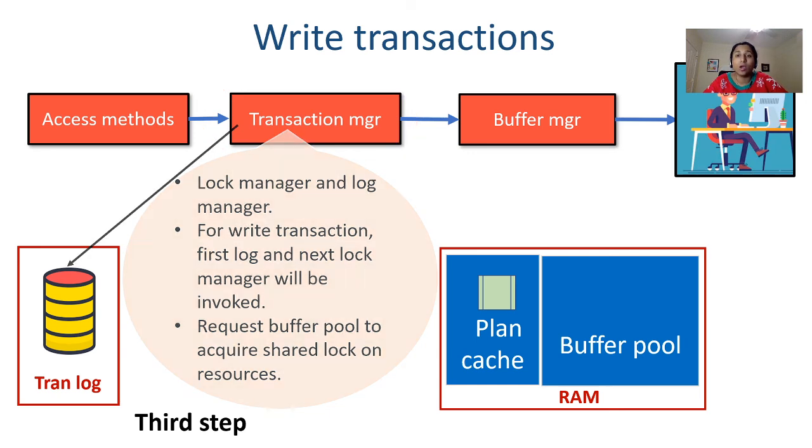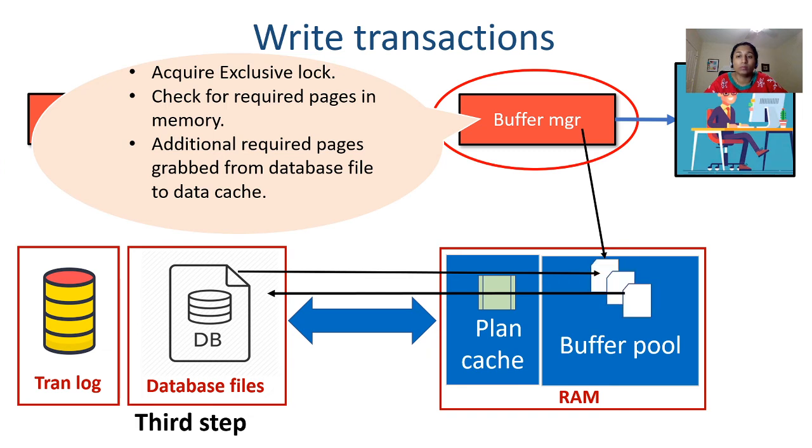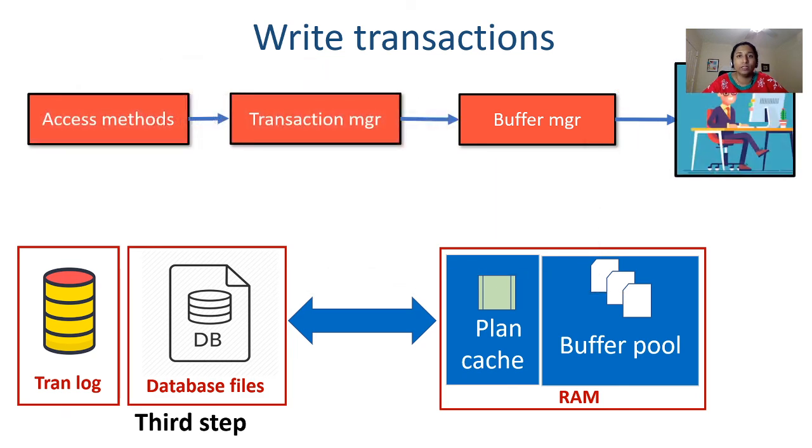So once the query has reached the buffer manager component, the buffer manager will first put the exclusive lock on the resources it needs to process the query. Now once it has put the exclusive lock, the buffer manager will go ahead and check if all of the pages that it requires to process the query are already in the buffer pool, or if it didn't find some of them or all of them, it will go ahead and grab those pages in the form of 8 KB pages, just like the read transaction, put them inside the buffer pool and do the update or the write transaction over there and send the success message to the user.